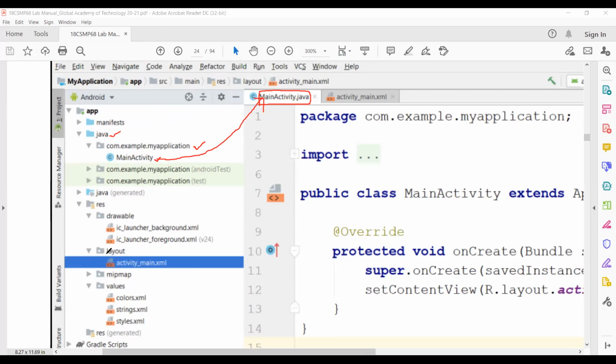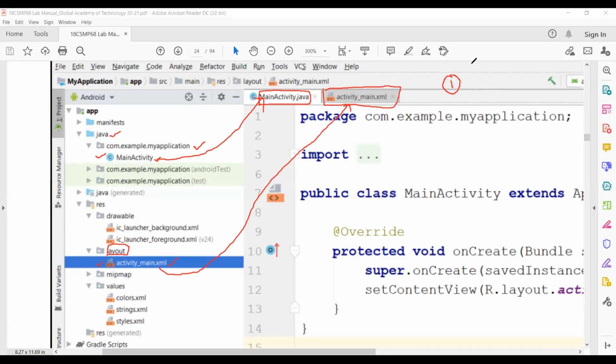In order to find your XML, you should go under resource, to layout. Under your layout, you can find an XML file. This is your XML file. So once you create a project, by default, you'll have these two files: the first one is MainActivity.java, and the other is activity_main.xml. This is your first activity. And now to this project, you need to add a second activity. So how to add a second activity?